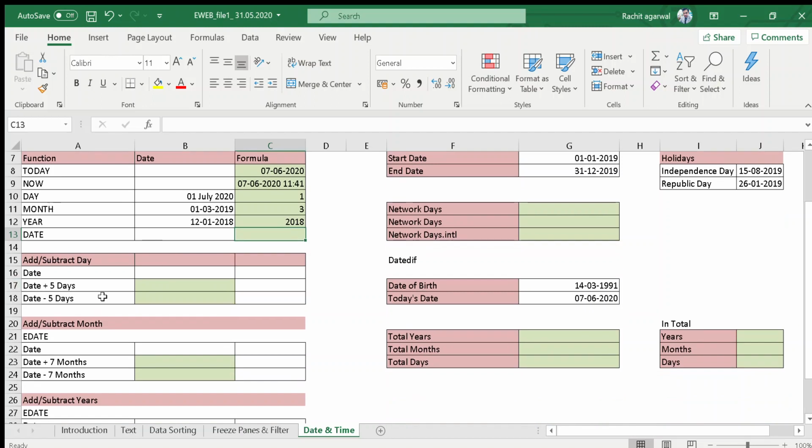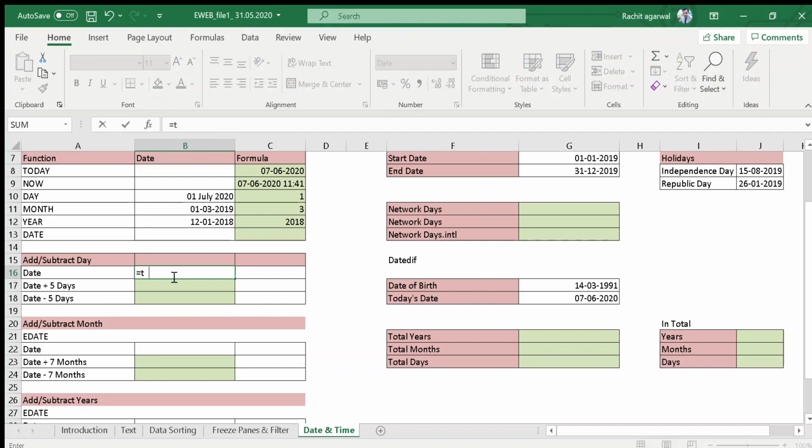Now if you want to know the current date plus 5 days after today. First of all you have to type today's date, that is the TODAY option. Today's date is 7 June 2020, and you want to know 5 days after today. It is very easy, plus 5 and you will get 12th June 2020.